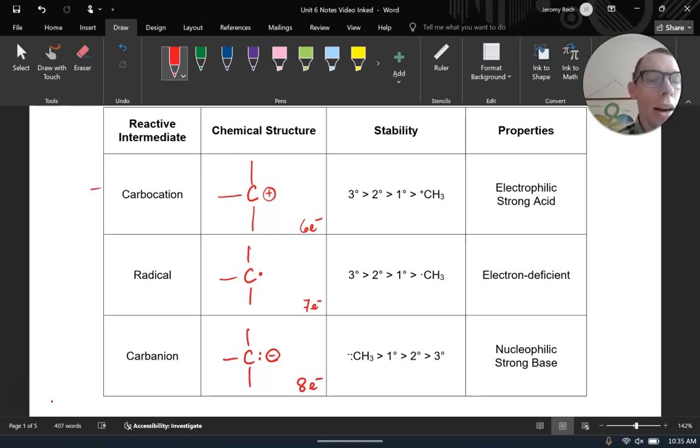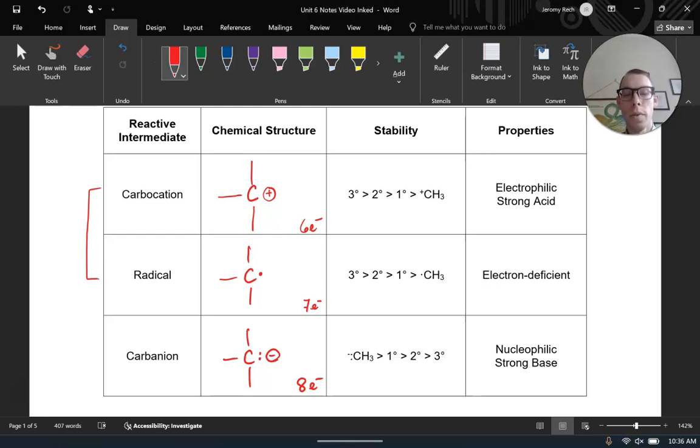Now your carbocation and your radical are going to be similar. These are both going to be electron deficient. Your carbocation is going to be your electrophile most of the time, and these are going to be more acidic. These are going to be things that are accepting lone pairs, when we think about Lewis acid, Lewis base, just definitions. In terms of stability, they want as much stuff around them as possible. So tertiary, or the 3 degrees, are going to be the most stable, where primary is going to be